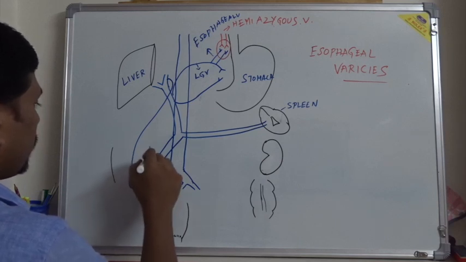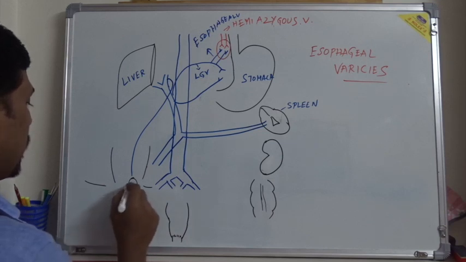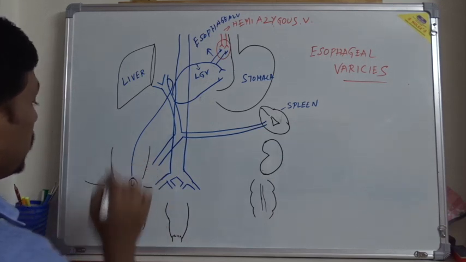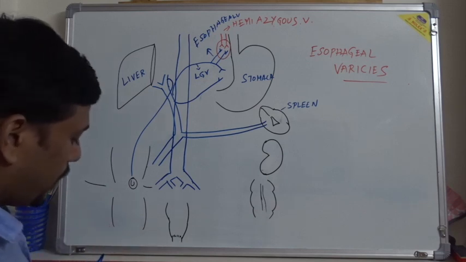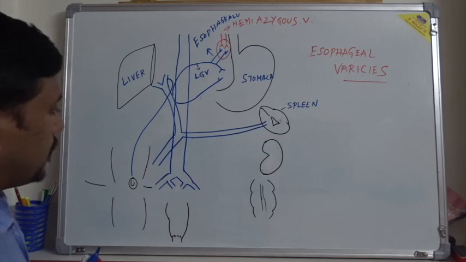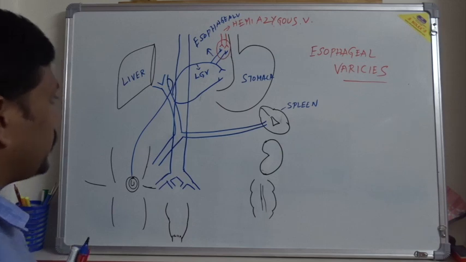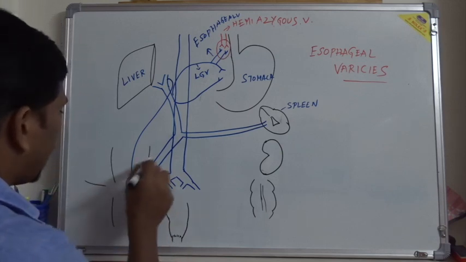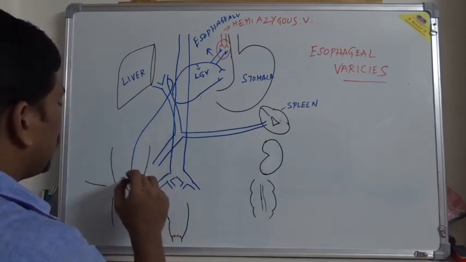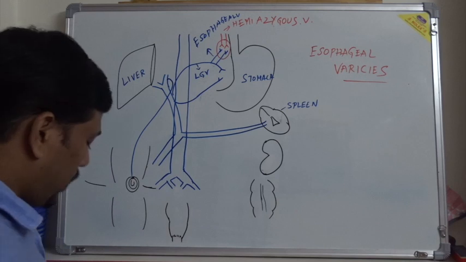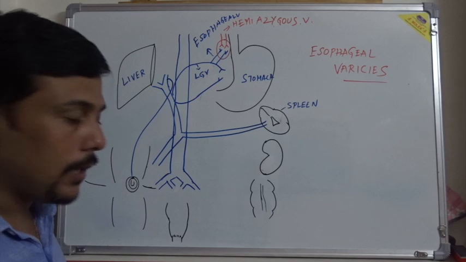This is the umbilicus. These are the superior epigastric vein, inferior epigastric vein, the superficial epigastric vein and the lumbar veins. These veins will anastomose with the paraumbilical vein of the portal system. So these belong to the caval system and this one belongs to the portal system. Caval system means the veins which are draining to the inferior vena cava.